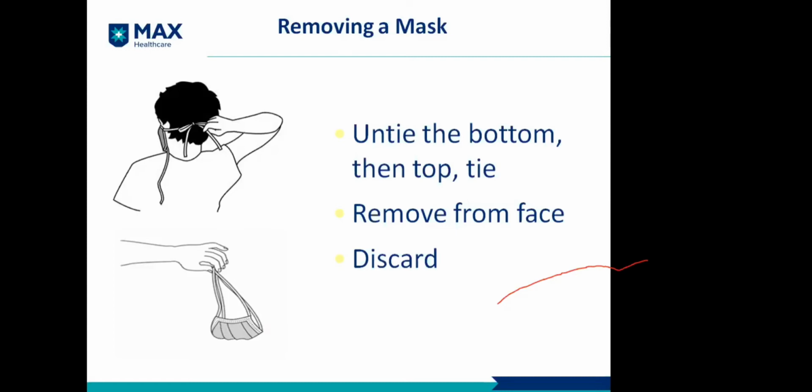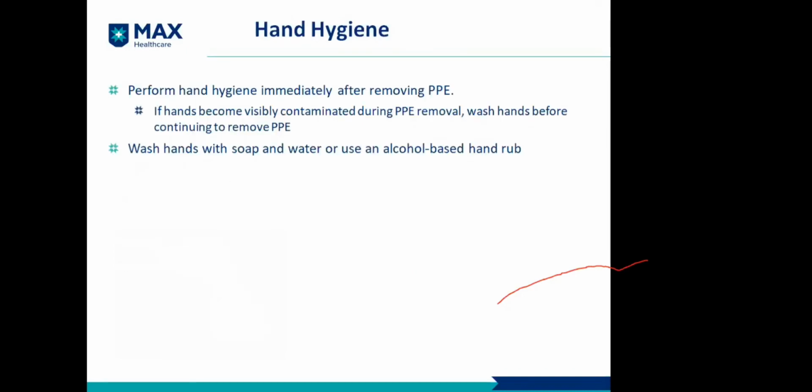In our areas, we have also defined that critical areas will have N95 masks. In case of non-critical areas, like engineering, housekeeping, and support, we were using 3-ply masks. Sometimes double masking was also being done. So it all depends on what the policy is. But if you're coming in contact with known infectious patients, you should always be wearing it in a proper manner. That is what is required.